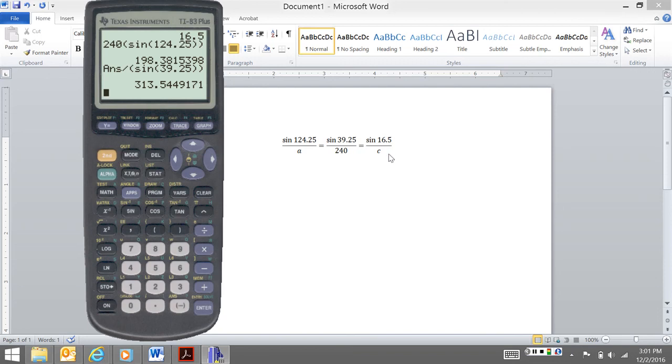Then I have to do my last one. Now I could use this new one, or I could just go back and use 240 again. 240 times sine of 16.5 divided by this. Again, I can cross multiply. So 240 sine